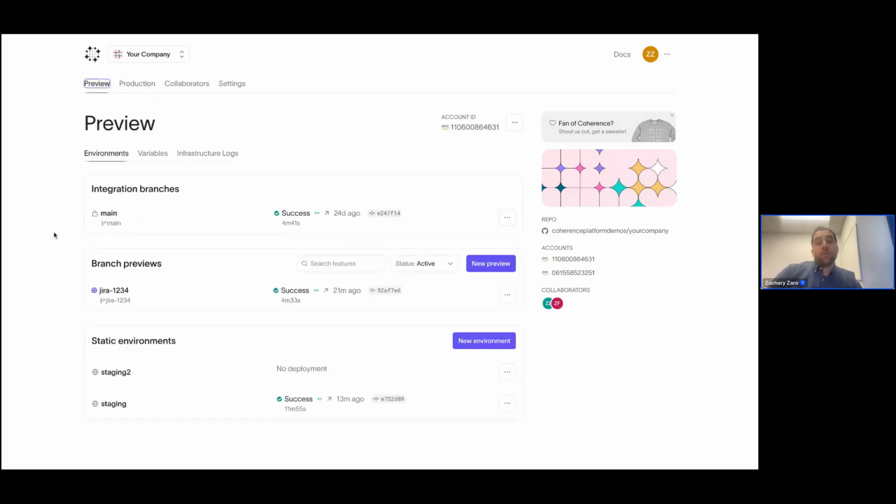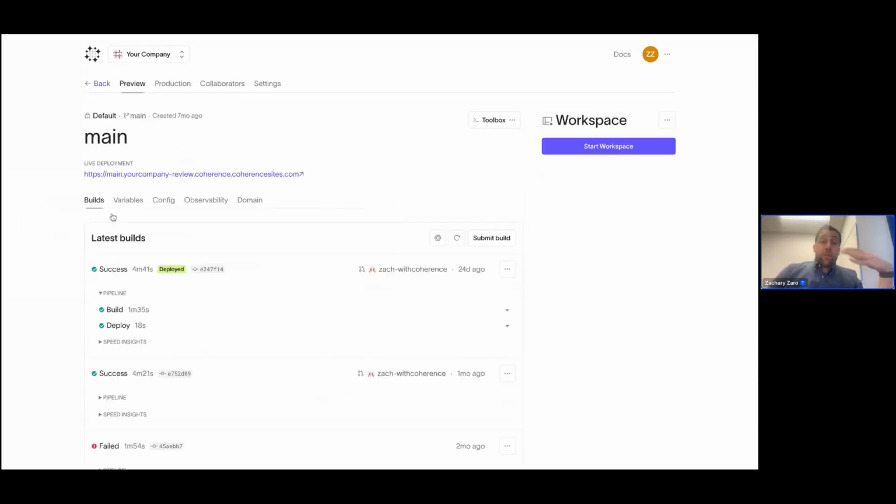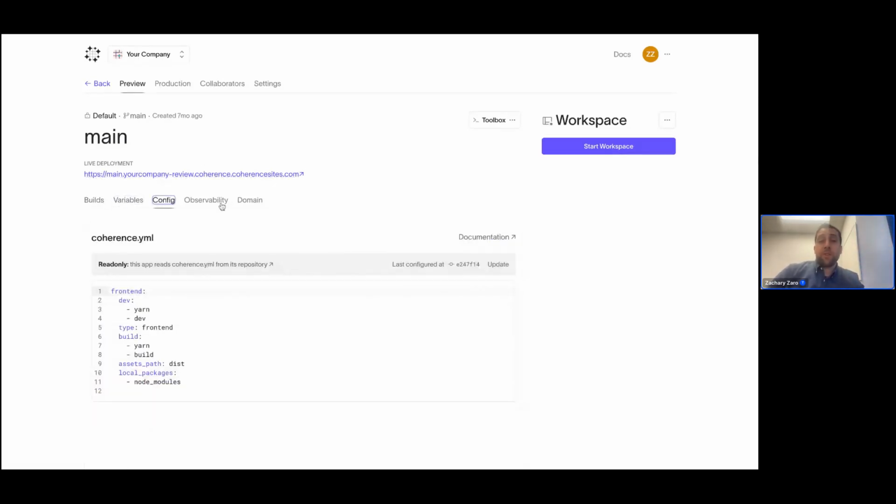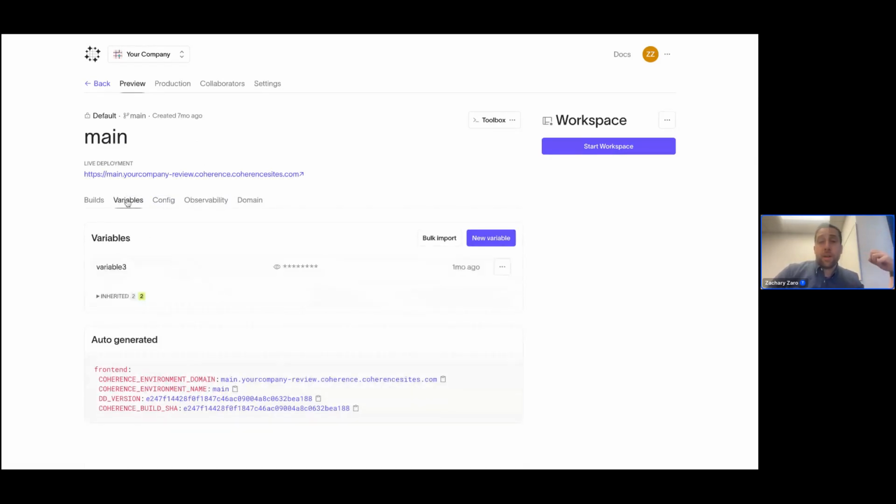And what we're going to look at is what's deployed in these environments and how I can move code through different types of them, right? So my main branch environment, which is what all my developers base their work off of when they do PRs, is deployed to this environment. It has this URL and various environment management functionality we've gone through in other webinars on Coherence or in our demo videos on our site that you can look at. But that's going to look like